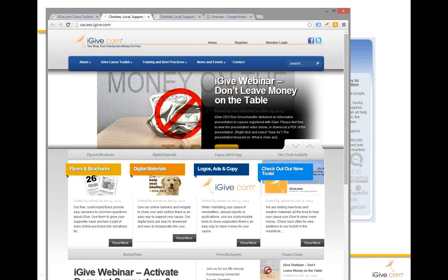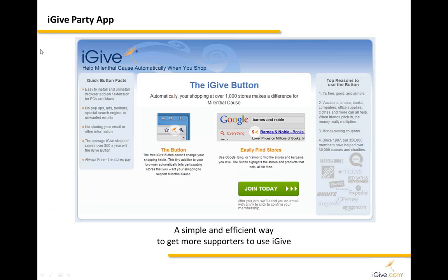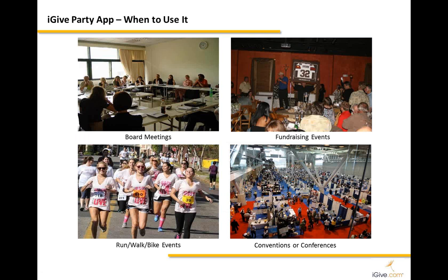So the iGive Party app is designed to be used when you have a bunch of people in one place, all of whom want to support you, but they're not using their own computers. So you're at a party, you're at a board meeting, you're at some sort of an event, you're at a conference or a convention. You bring along an iPad tablet, an Android tablet, anything that has internet connectivity,